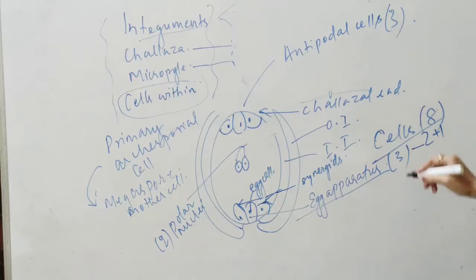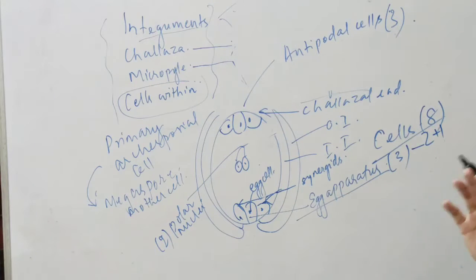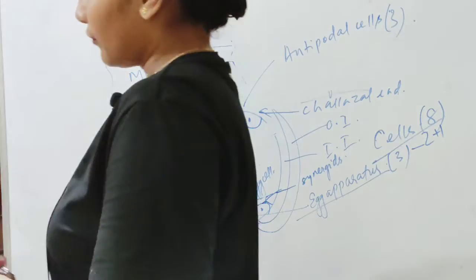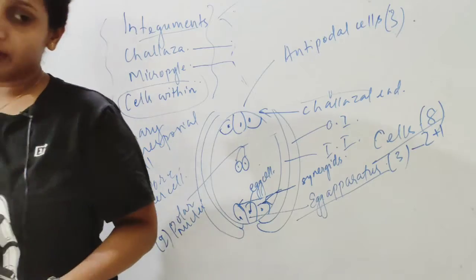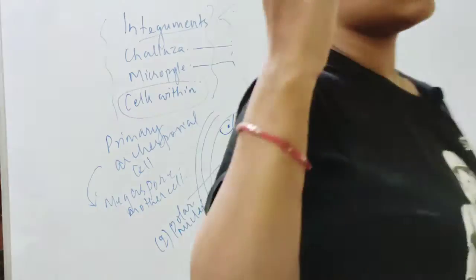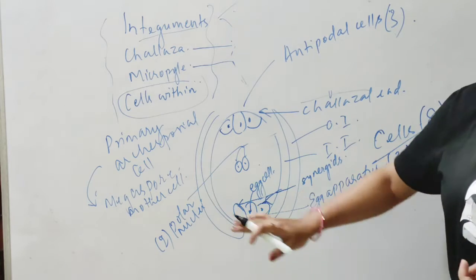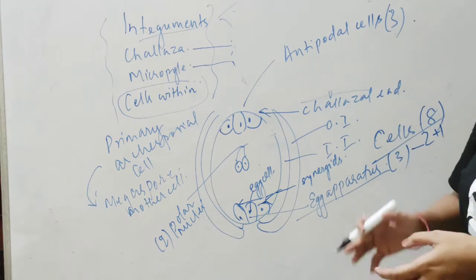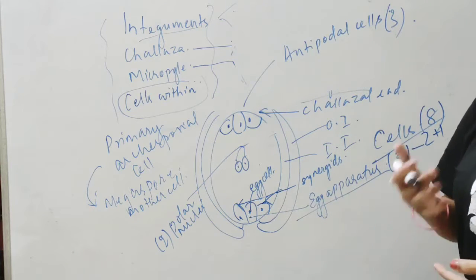3 in number. So 3, 2, 3. Total 8 cells are there. Now if a question comes about the major function of the antipodal cells, the synergids, egg cell, polar nuclei, so in detail the entire thing, how they process, how they function, what is the significance